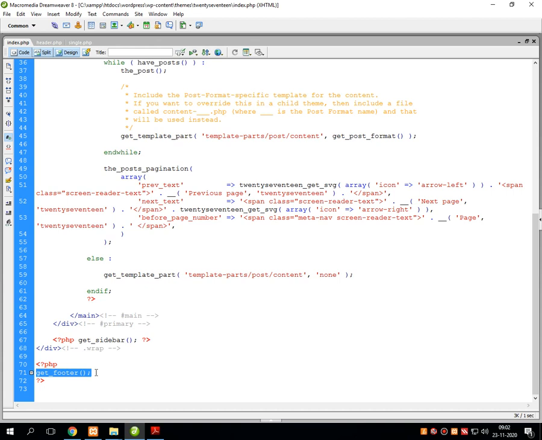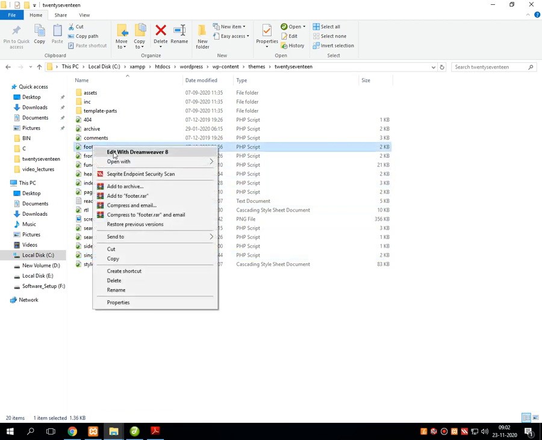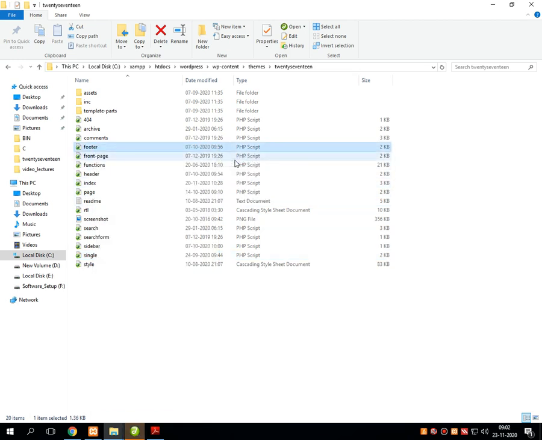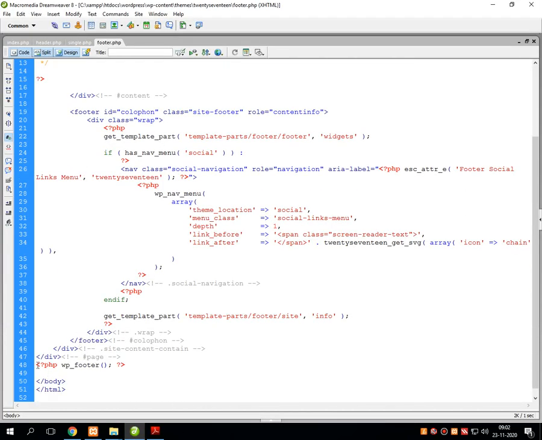Instead of this, you can also go for wp_footer. Let me show you the footer.php file onto the screen. So this is the footer.php file. In this, at last you can see the use of wp_footer. So in this way we can also go for another WordPress hook which is related to the footer of the entire website, that is wp_footer.